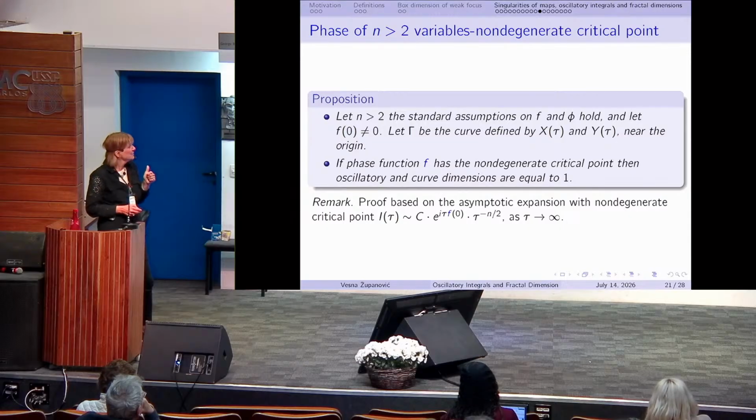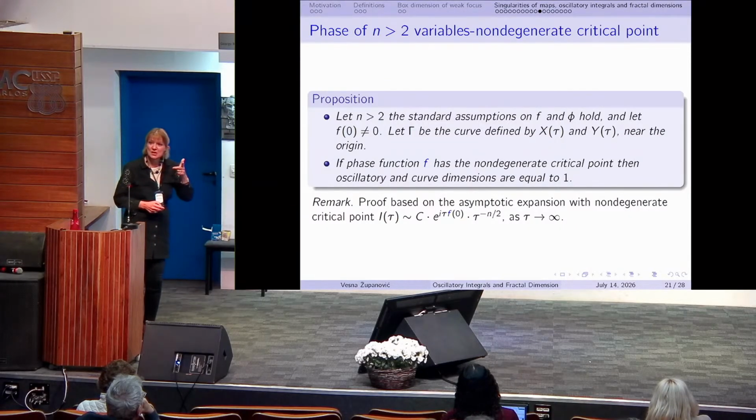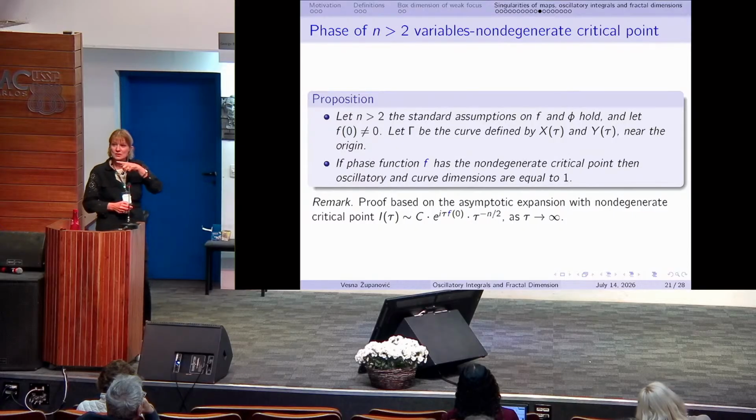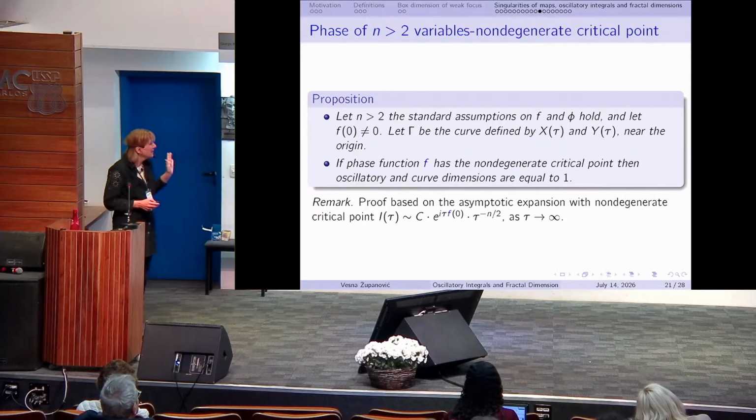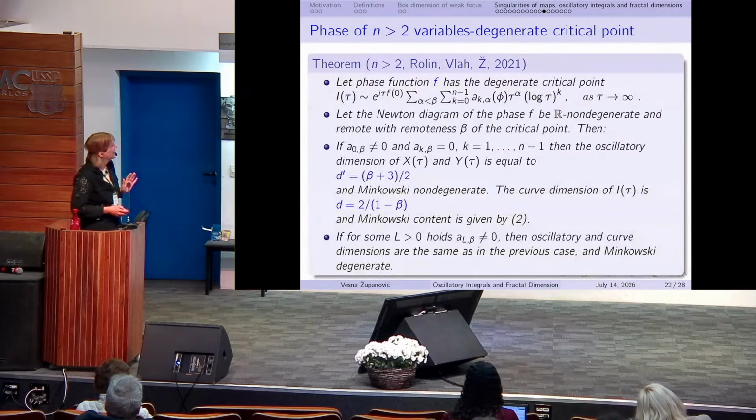And then for dimension 2 it is 1, but with Minkowski content infinite. But if the dimension is bigger than 2, it's rectifiable. Why it is less complicated in bigger dimension, I don't know. Okay,